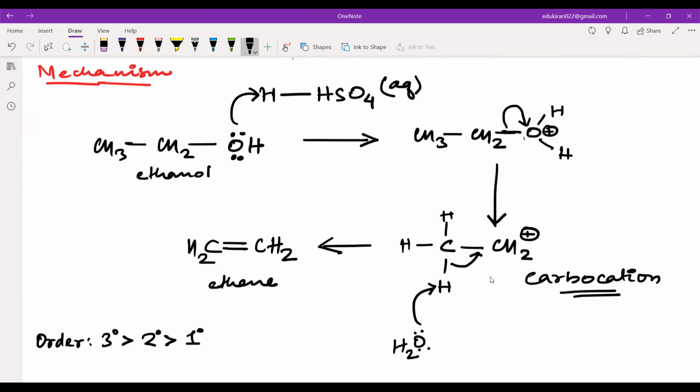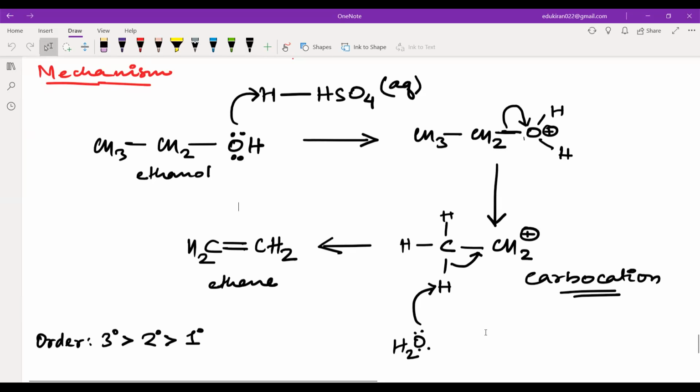In 11th standard, you just have to worry about these two things: the product and the reactant, and what the reagent is here. That's it. You don't have to worry very much about the mechanism. So if you have alcohol and you heat this in presence of H2SO4, you're going to get ethene molecule, that is an alkene molecule. So these are the methods of preparation.